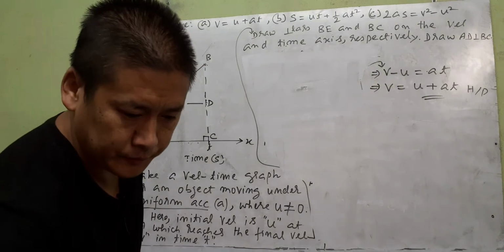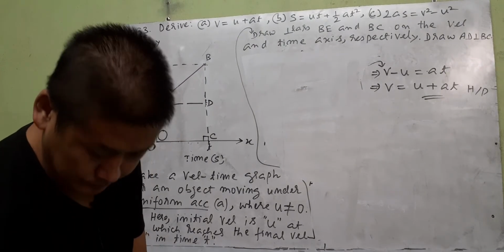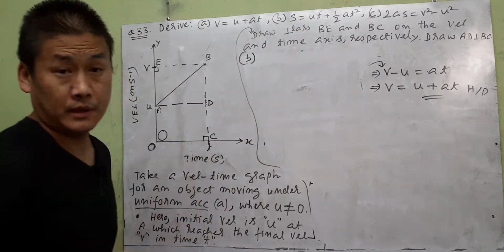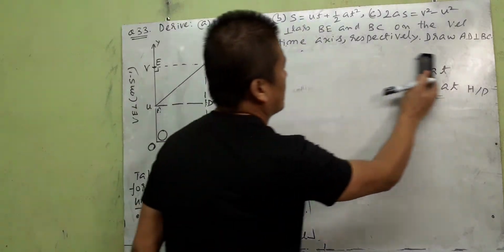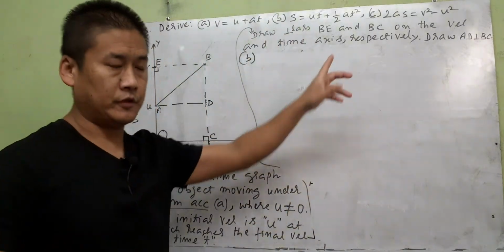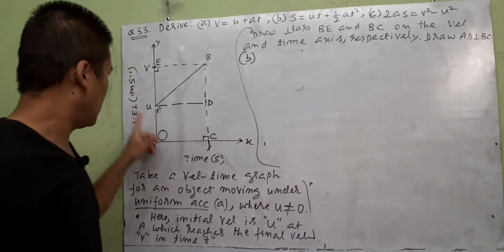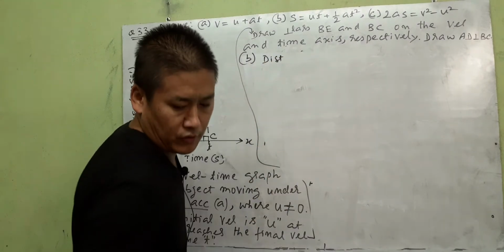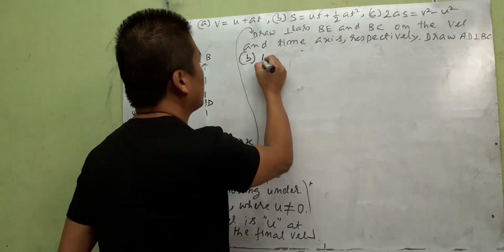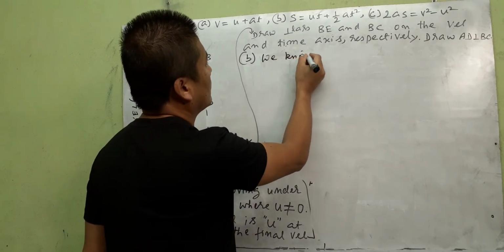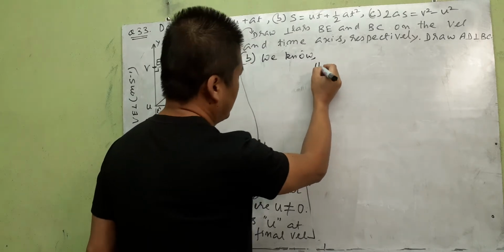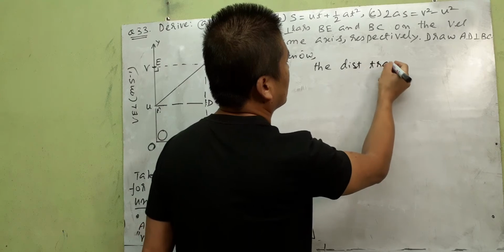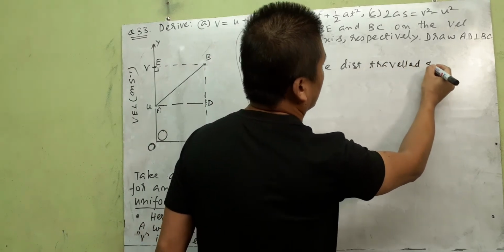So B here is, we have to prove S equal to UT plus half AT square. Now, just in the class before this, we have known that when we have this velocity time graph, the distance, we know from our previous knowledge, that means we know the distance traveled, which is usually denoted by the letter S in this chapter,